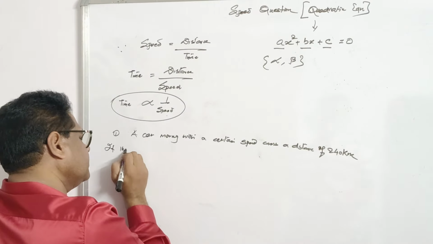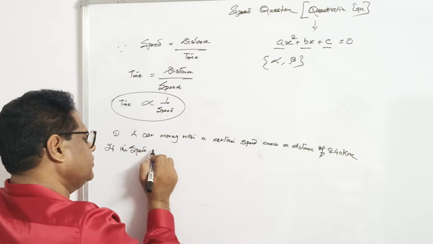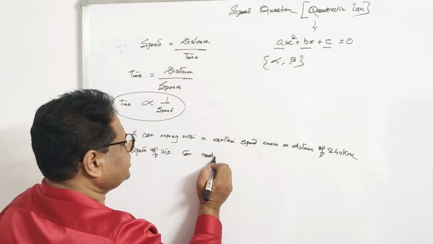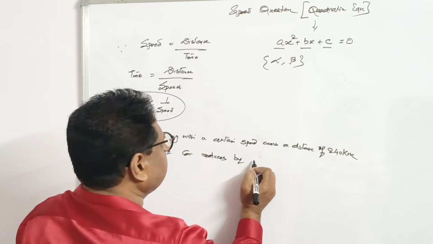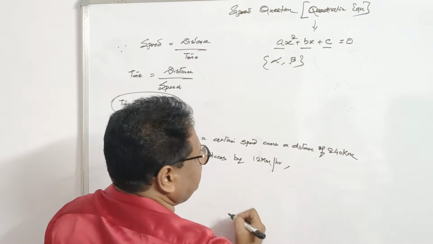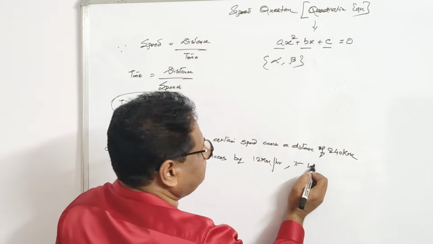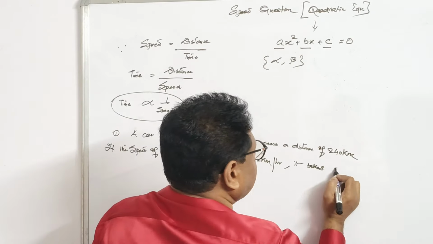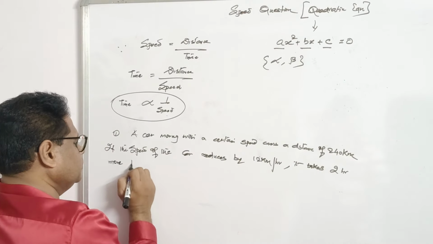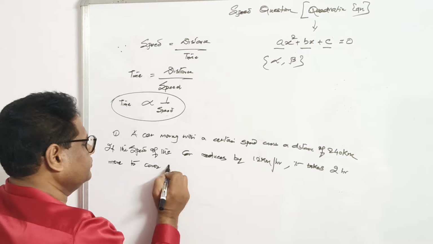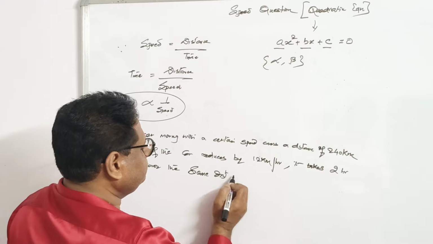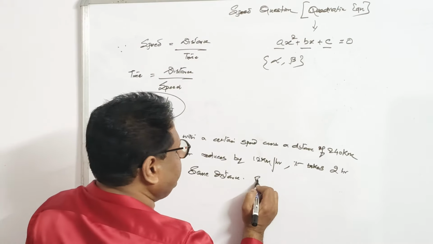If the speed of the car reduces by 12 kilometer per hour, it takes 2 hours more to cover the same distance, right? Find the